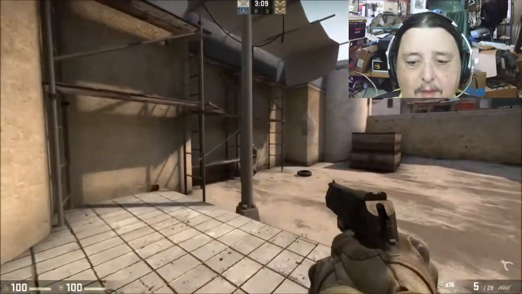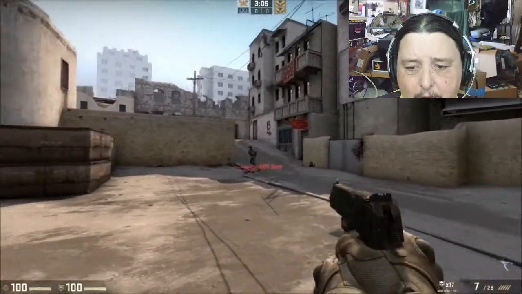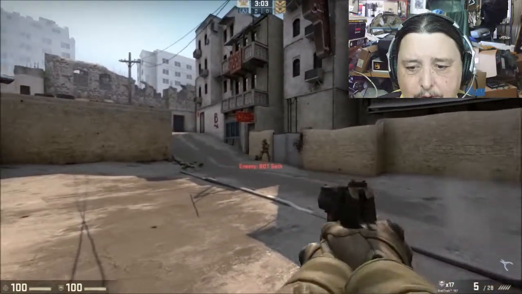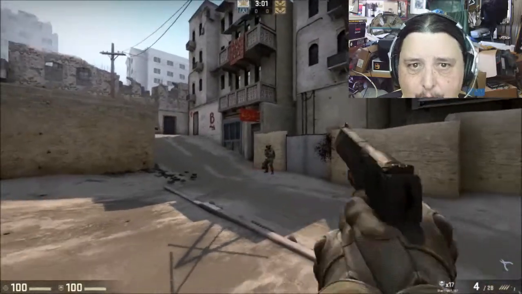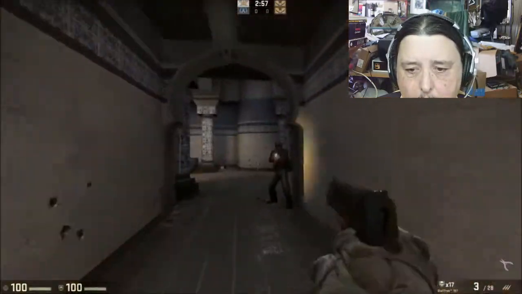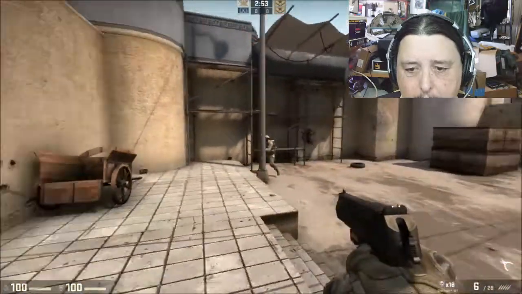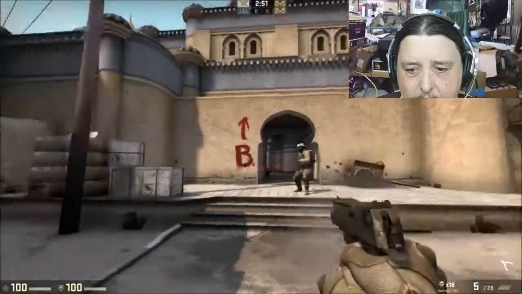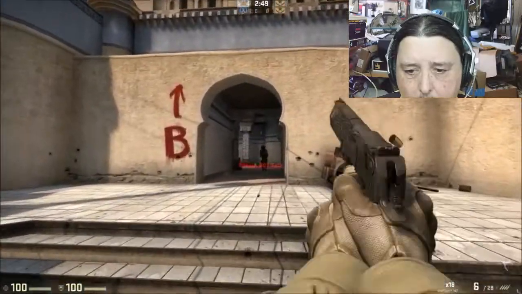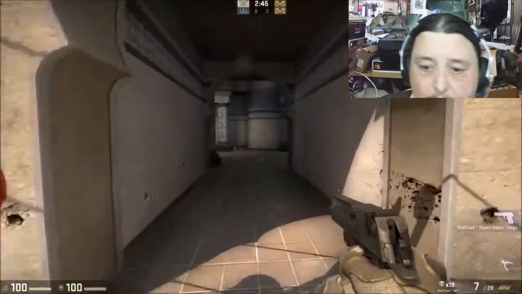Sometimes little micro strafes can help you get a more accurate shot, but then you're not making them re-aim too much. I think that was a pretty good back strafe I did there. And the back strafes are only good for